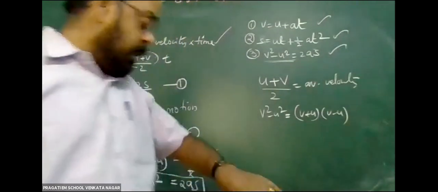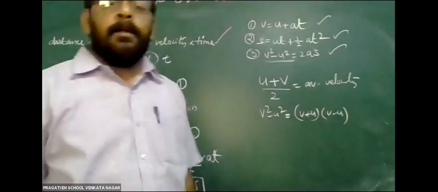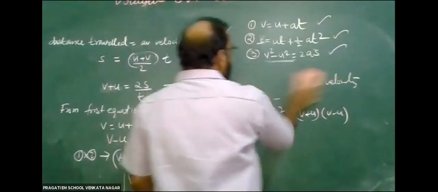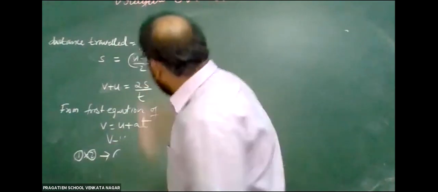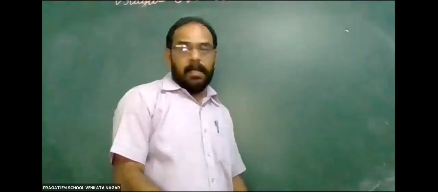So these three equations, children, please, in the afternoon derive all the three ones and study yourself. Now the remaining time we have only 10 to 15 minutes. Small numericals we will do. Physics, we know, especially kinematics, dynamics, is all problem based. And when you go to higher classes, after 10th class, 60 or more percent of physical science physics will be problems only. Theory part will be less.